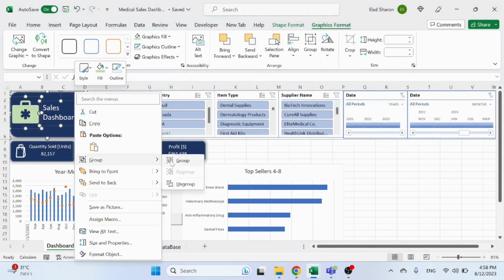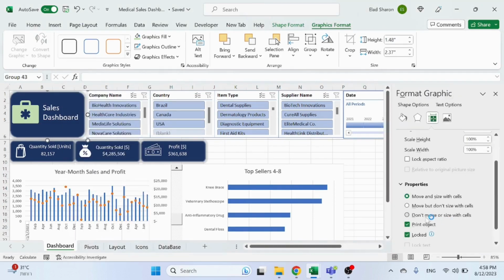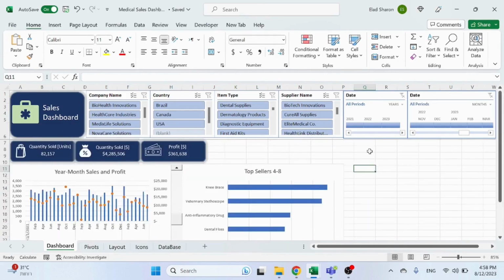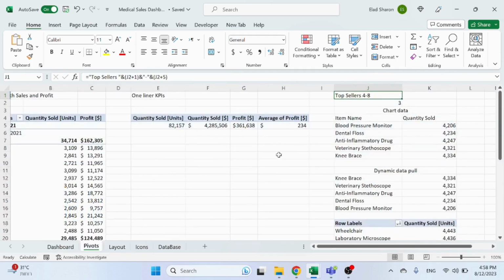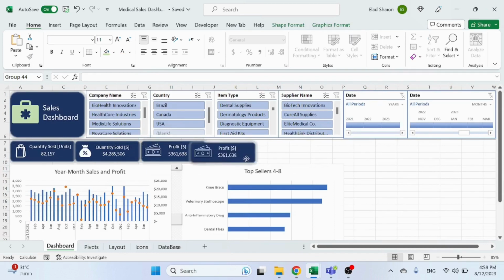I'm gonna group those three, and as you can imagine, please don't move. So cool. So now we have the slicers, we have a logo. This is starting to look like a dashboard. Let's add a few more one-liner KPIs. So we have the average of profit that I want to use. So let's take this one, get it over here,